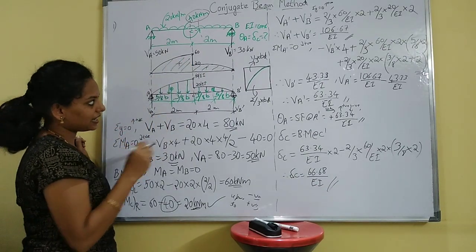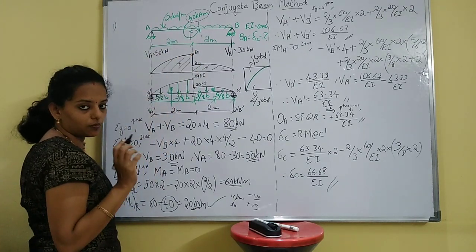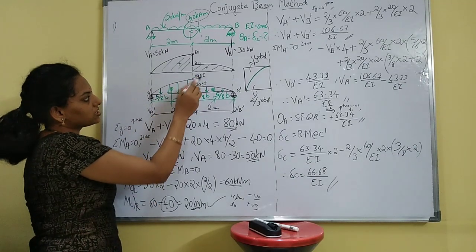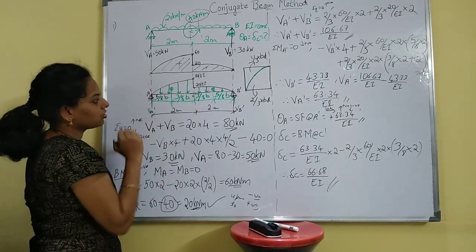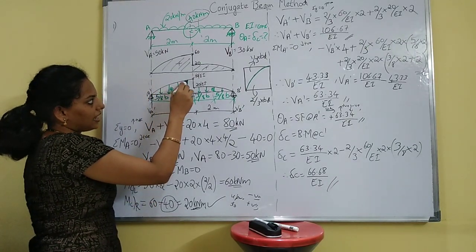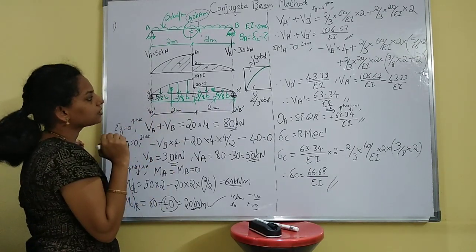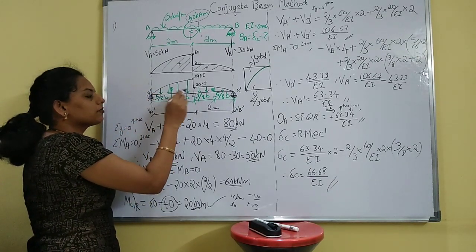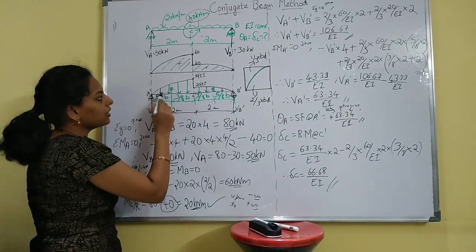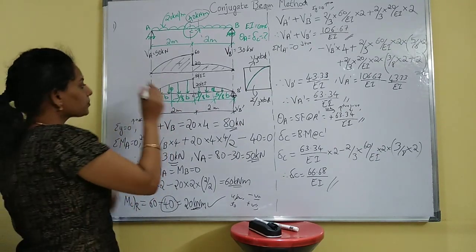Next, the M by EI diagram is nothing but the bending moment divided by EI. Here I is constant, so the moment of inertia is the same throughout. So just divide by EI. So 60 by EI, 20 by EI. Here it is 0, and the reaction is acting downward. Is it clear? If the bending moment is positive, the load will directly act downward. Suppose you have a negative bending moment, it will be the reverse of this direction. Just remember that.